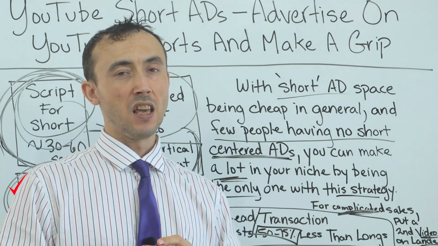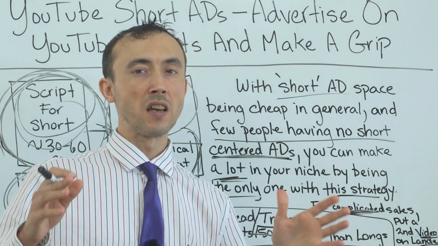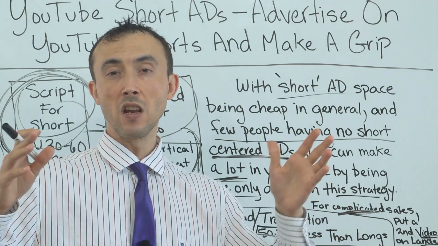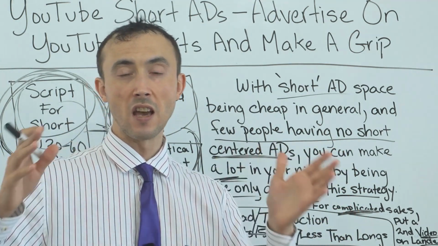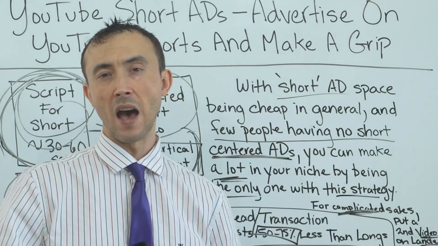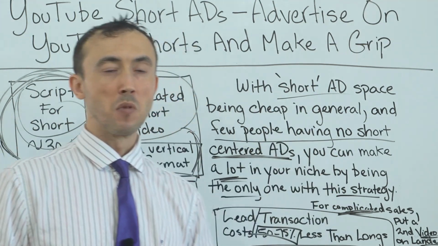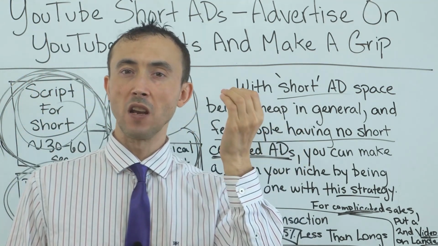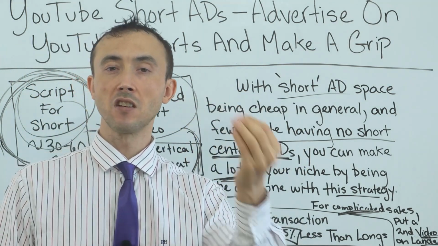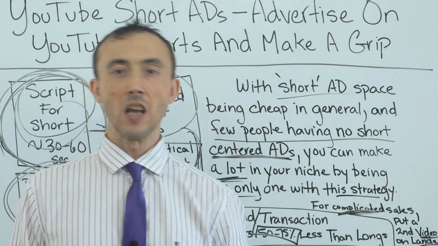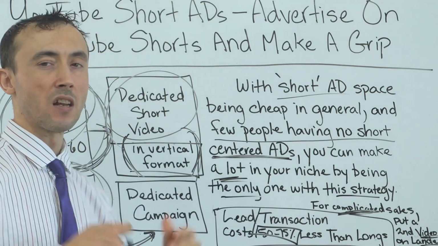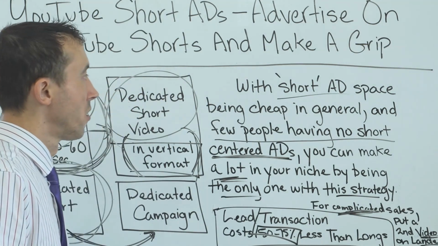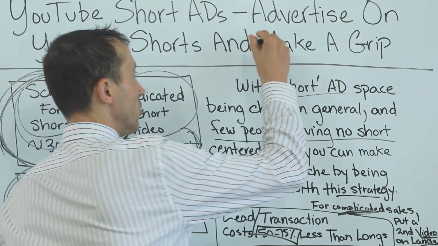And if it doesn't pique the user's attention right away, given that short videos on YouTube usually communicate value right away to the user, they're just going to skip past it and you're going to waste your money. But if you're the one person who does do that, like the other organic short videos out there where people understand this concept already, you're going to clean up with short ads like we do when we set our short ads up. So that's how you're going to make a grip of money using short ads for your business.